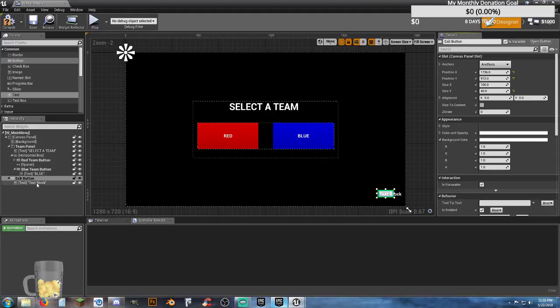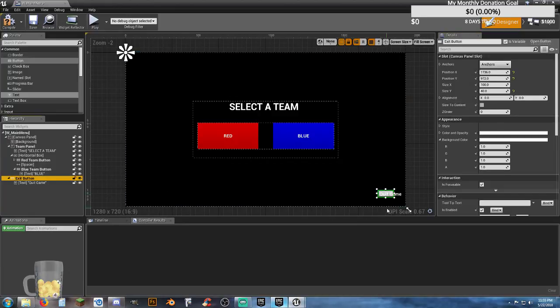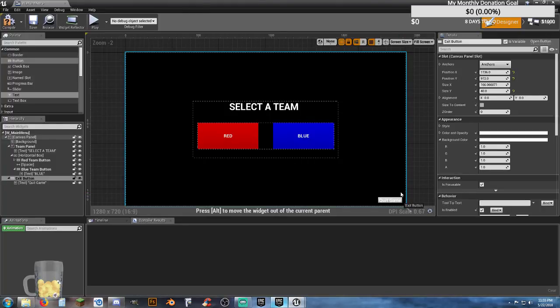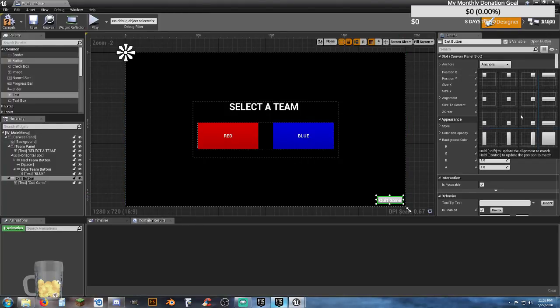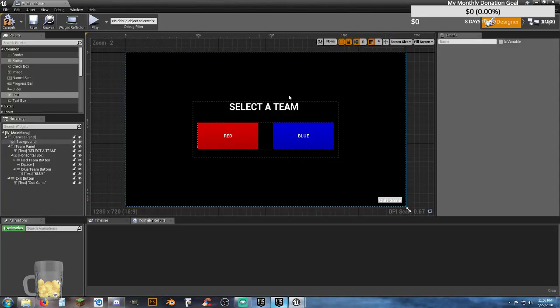We're going to change our text to quit game, and we just want to resize our button just enough to cover our text. So we can drag this and put it in the bottom right hand corner. Then we can select our anchor and put it in our bottom right hand corner. So now, worst case scenario, we decide we don't want to play anymore, we can hit the quit game button